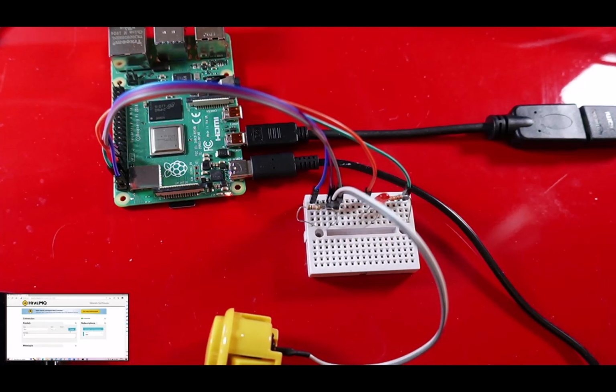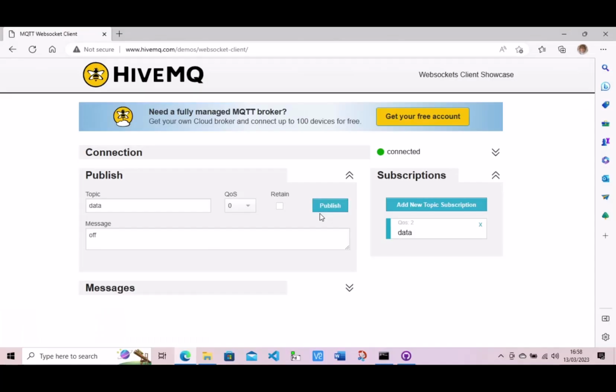Now this is kind of the revert. It's not using any kind of server type stuff. This is all MQTT. So what's happening is that I have a program running in my browser on my PC, which is sitting inside the web page, and that's talking to the MQTT server operated by HiveMQ. In the meantime, the JavaScript program running on the Raspberry Pi has also connected to that server and has bound to the topic data.